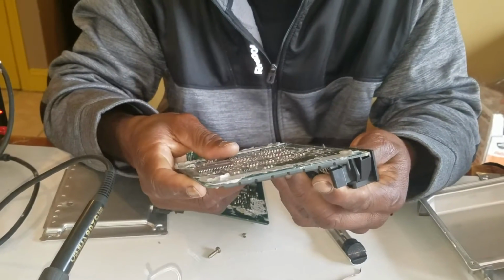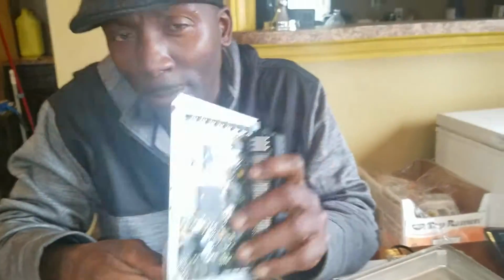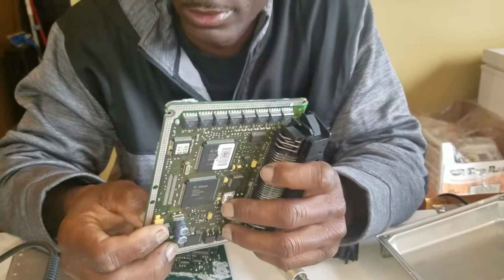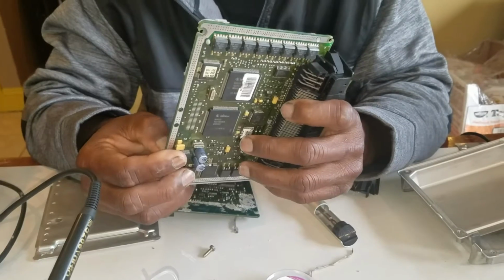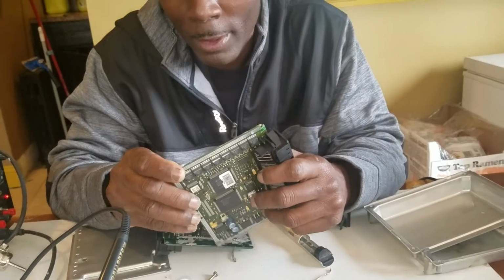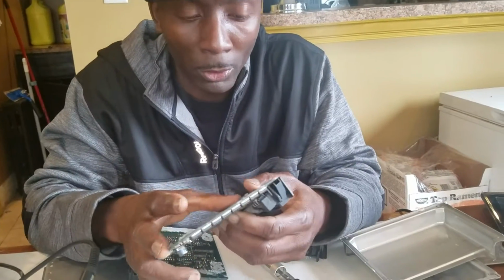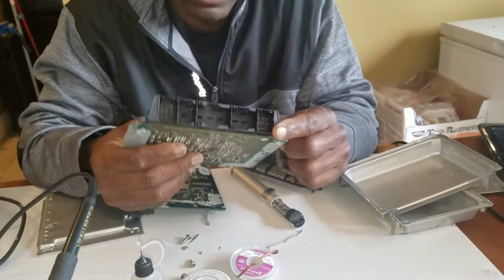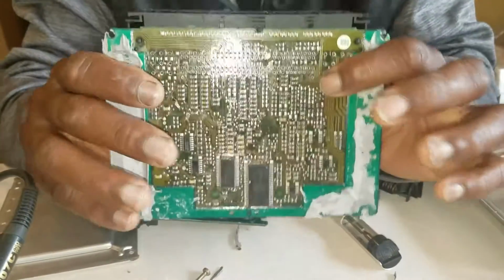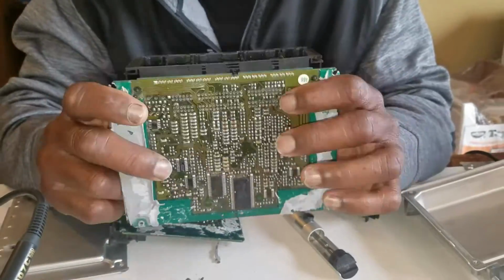or what. And so what I did, I bought another DME off of eBay, and I was trying to use that to see if I can code it out to make it work with my car. I mean, I have the software, I have the NCS Expert, I have the SS, the DIS, and you guys know what I'm talking about. And I tried coding with the SS, and it worked, because when I go into the DME, I can see my VIN